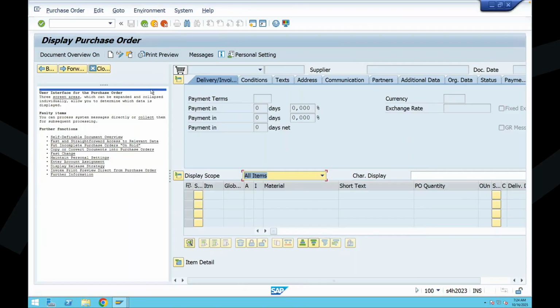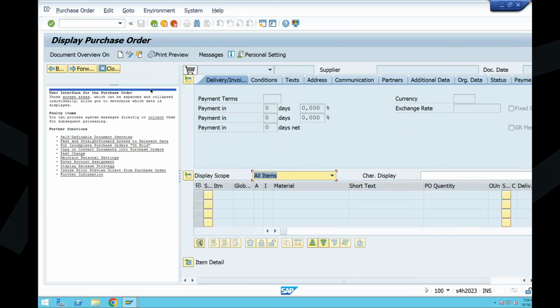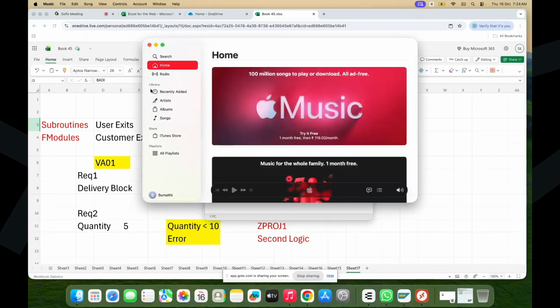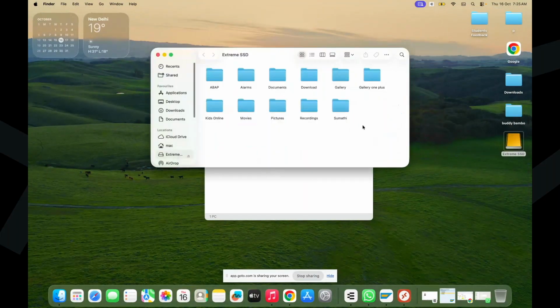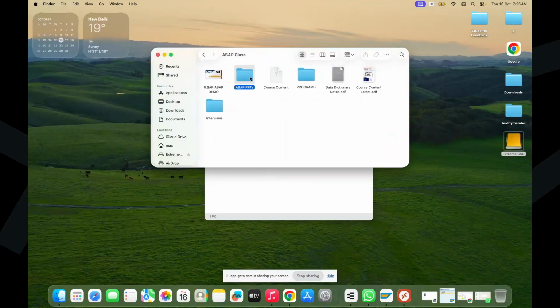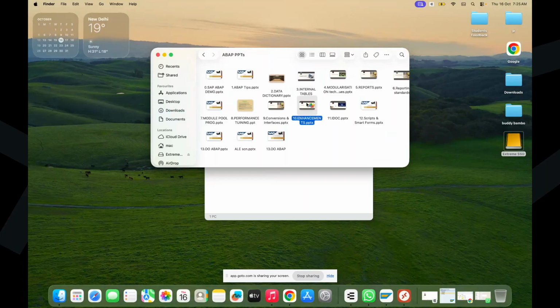Give me a second, let me connect it to hard disk. Excuse